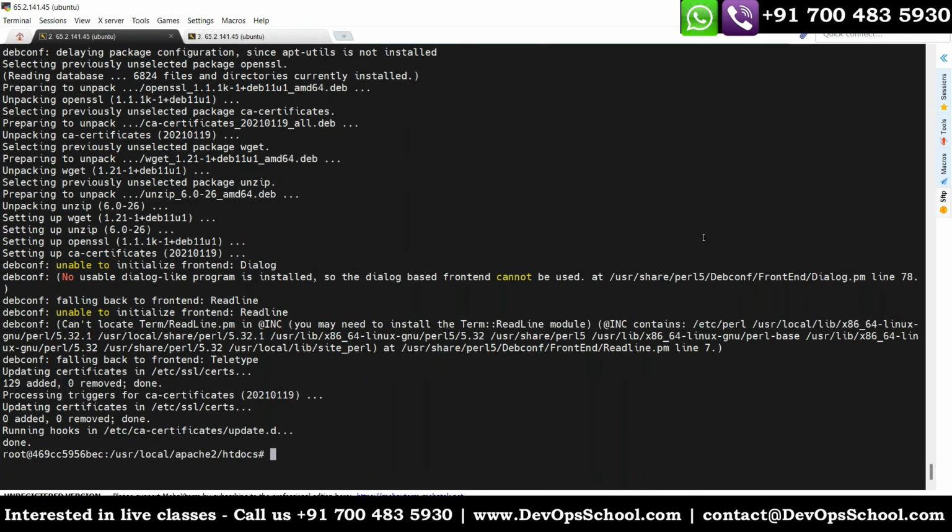Or else what we can do is, okay, we can do it this way as well, and I will do the same thing on a base OS container as well, where we'll be installing Apache also. Here Apache is already installed. Whenever we go with ready-made solutions, directly the location will be this one, /usr/local/apache2/htdocs, and we can install Apache on our